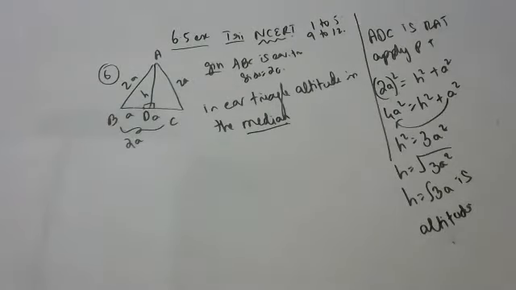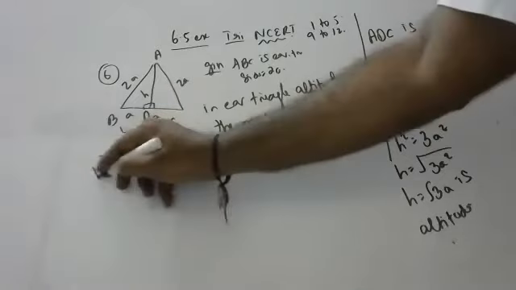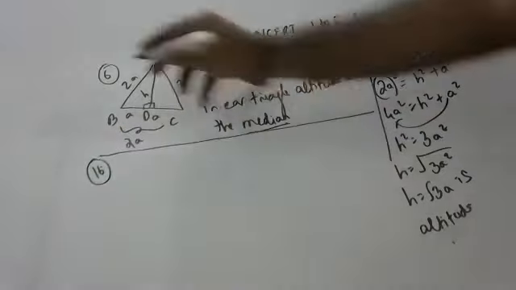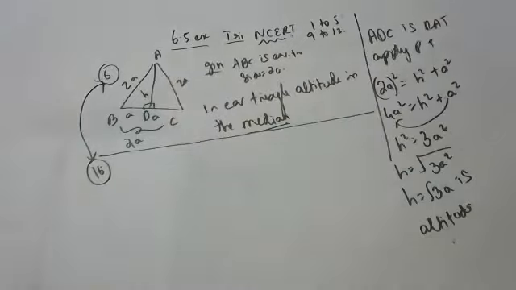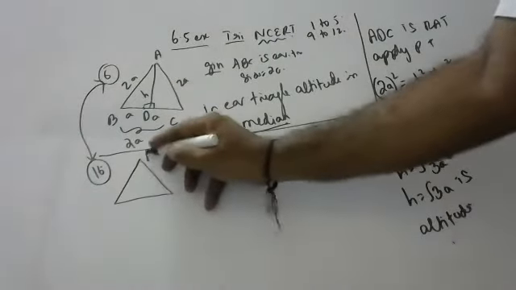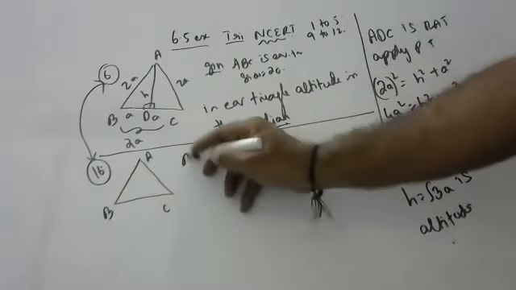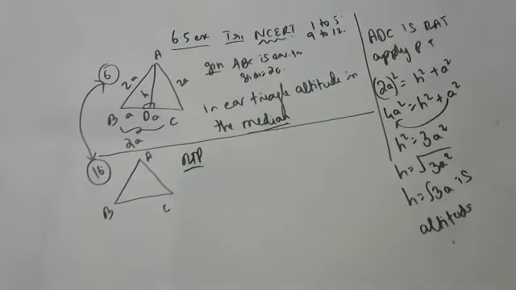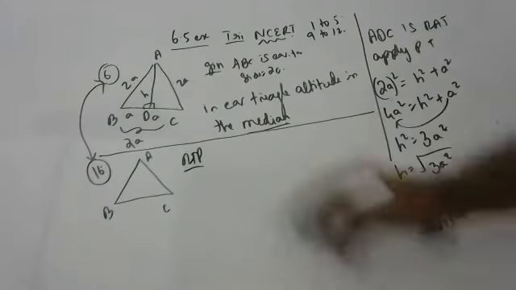So children, in this exercise, the 16th sum is also almost the same, ditto. I will do it together so that you will have a little understanding. In the 16th sum, all of it is easy. In an equilateral triangle, he is saying this is an equilateral triangle, and he is asking to prove that 3 times the square of one of the sides,